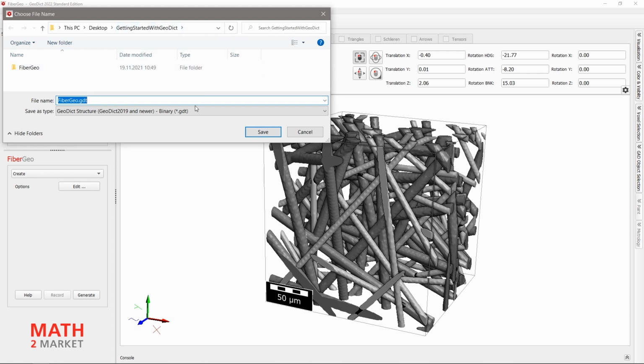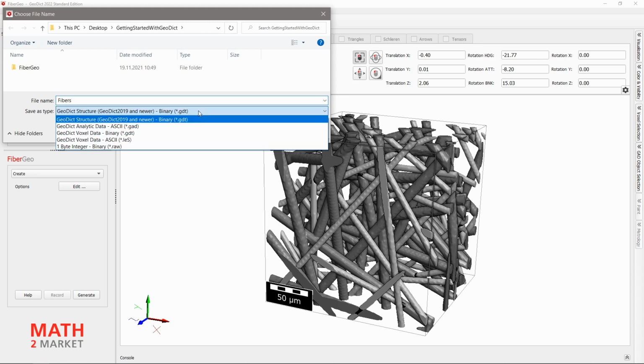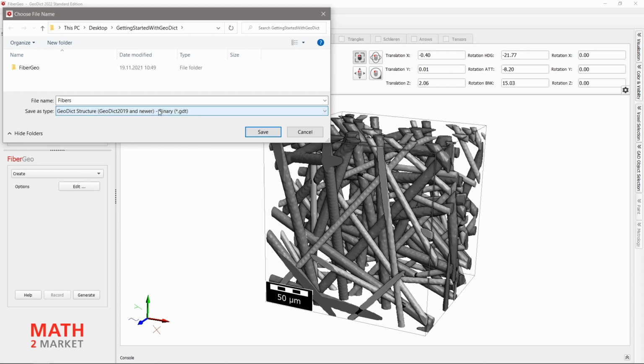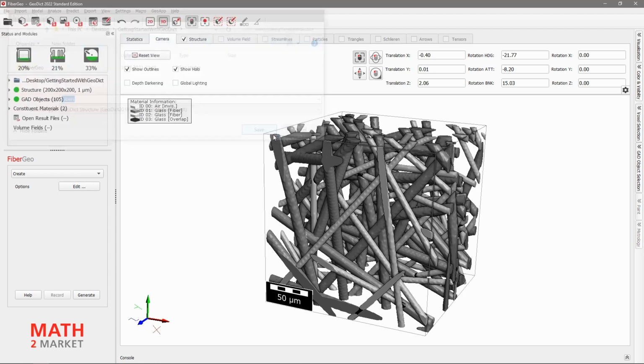And then simply give it a name. I will call it Fibers. Here you can choose different file formats, but do not mind about that right now. In general, the default here, Geodict Structure Binary, GDT, is usually the best because all information about your structure is saved in that file. So just click on Save, and it is saved.